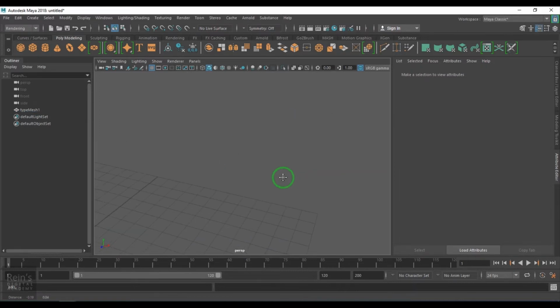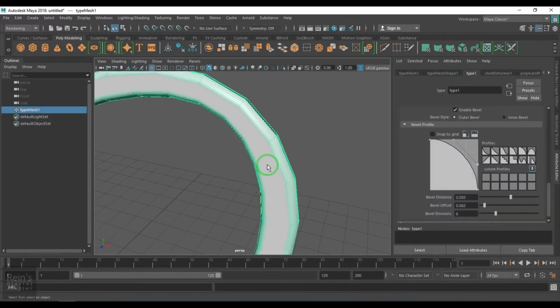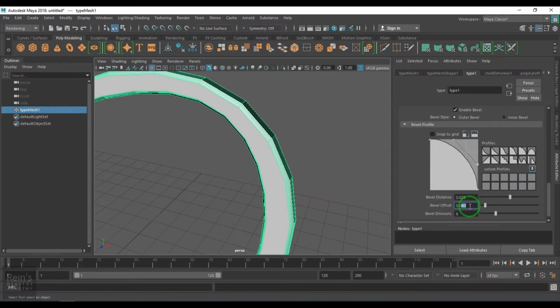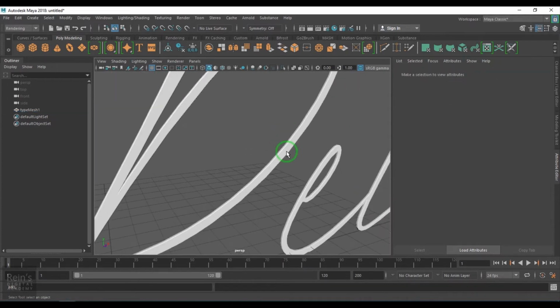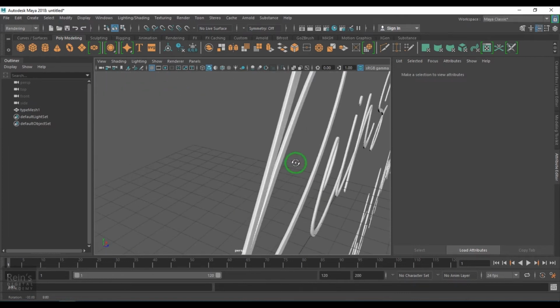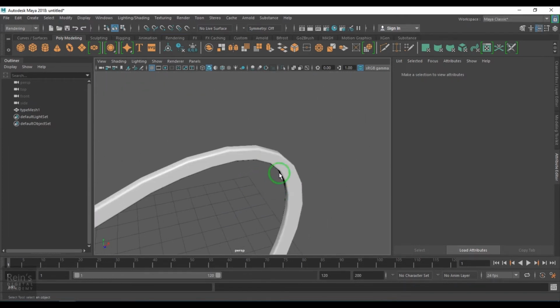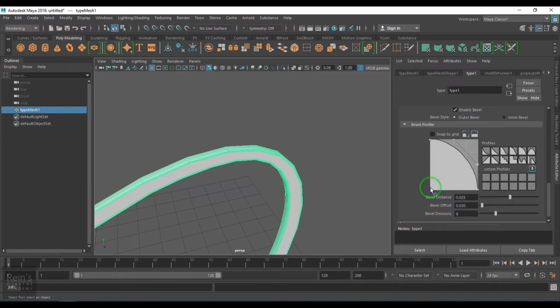I just wanted it to be more like a tube. That is the main intention. Okay, so that I've got that nice bevel, the roundness here. So what I do is I just